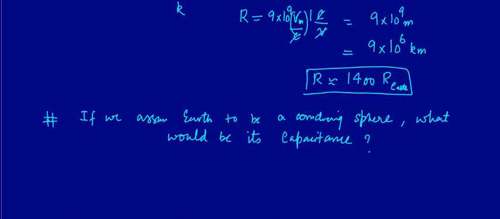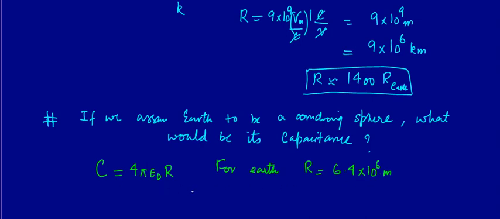So how do we find the capacitance? We know now that the capacitance of a spherical capacitor is 4 pi epsilon naught times R. So for Earth, R is